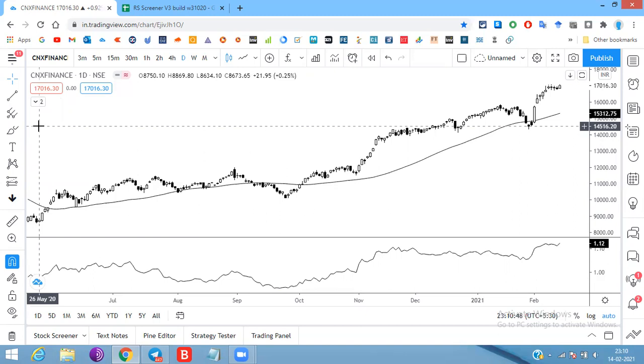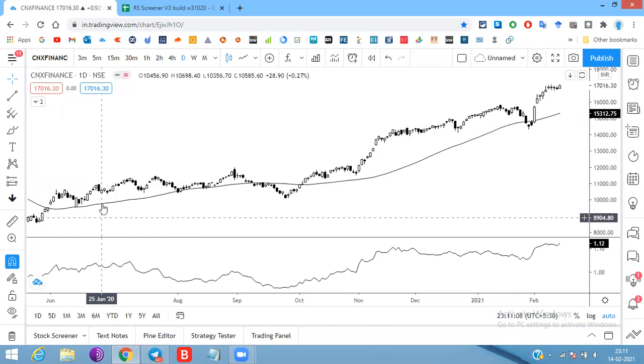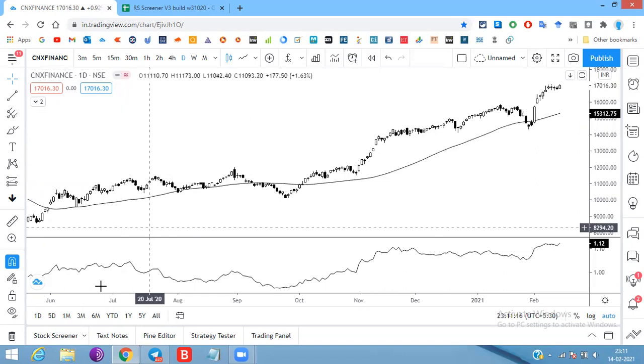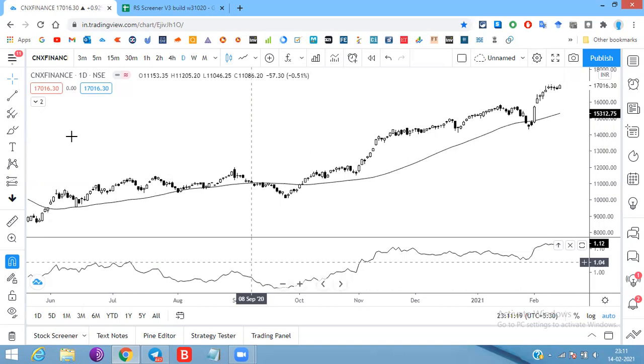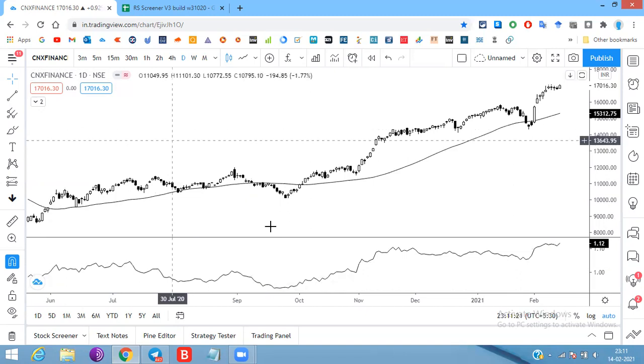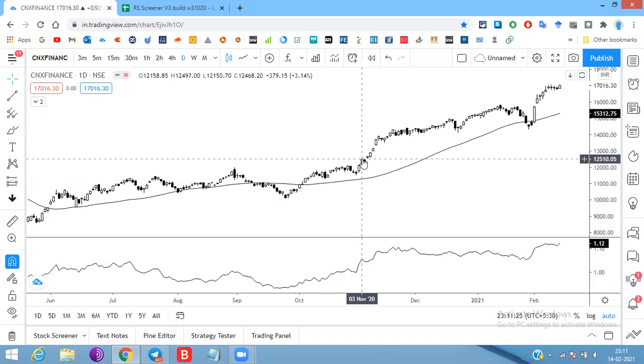A ratio chart, like a normal RS chart, uses the formula of numerator divided by denominator. The formula of RS has been explained in the first video of the relative strength series, so do watch it. I won't be explaining the formula here. Okay. So numerator divided by denominator: in this particular ratio chart, we have taken Nifty Financial Services as the numerator, divided by the denominator being Nifty. So the formula goes like this: Nifty Financial Services divided by Nifty 50.